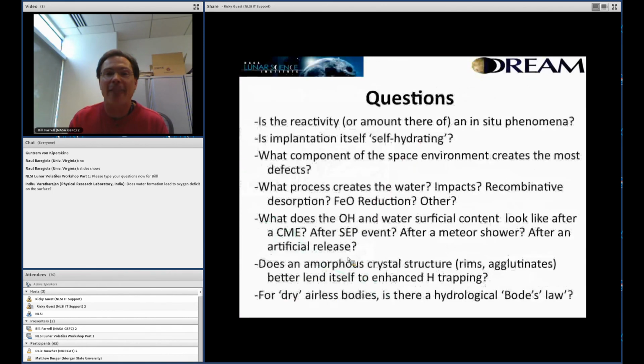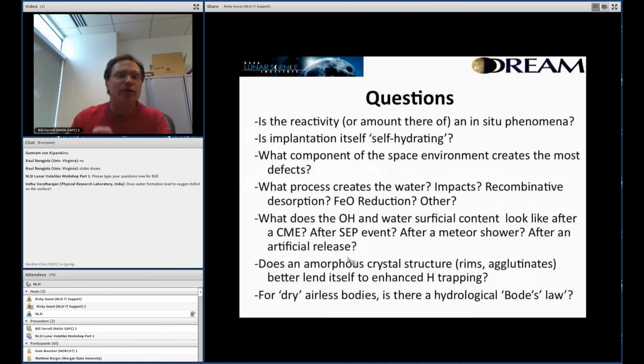Next slide. So some fundamental questions that we still have: is this reactivity an in situ phenomenon, or does it become more reactive in situ? One big question is what happens to the OH and water superficial content after a coronal mass ejection passes, after a solar energetic particle event passes, after a meteor shower, and possibly after an artificial release on the moon. You can imagine releasing